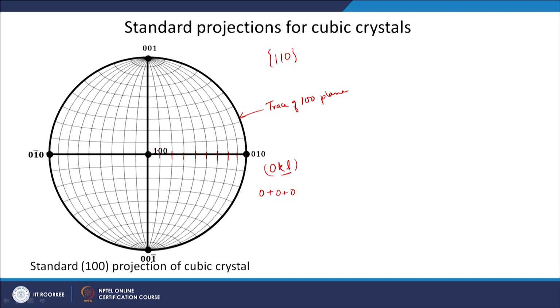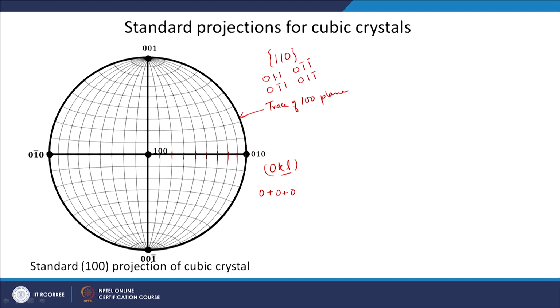If I want to find any 110 type of plane on this, I know that any plane which has a dot product with 1 0 0 as 0 will come on this particular trace. For example, it can be 0 1 1 type, or 0 bar 1 1 type. If 0 1 1 is there, then diametrically opposite, the negative of this will also be there. Between 1 0 0 and 0 1 1, there is a 90 degree relationship.